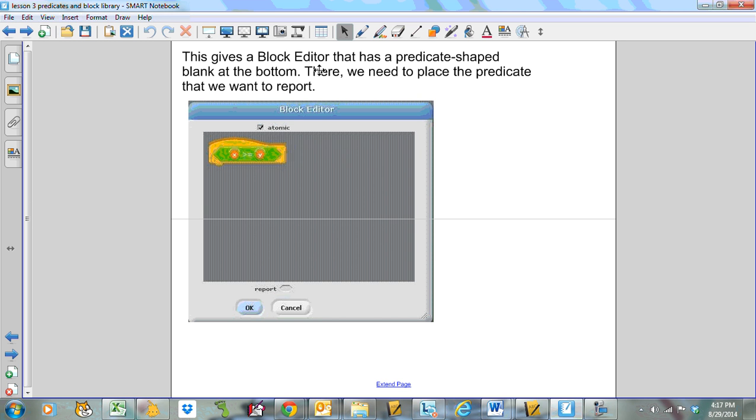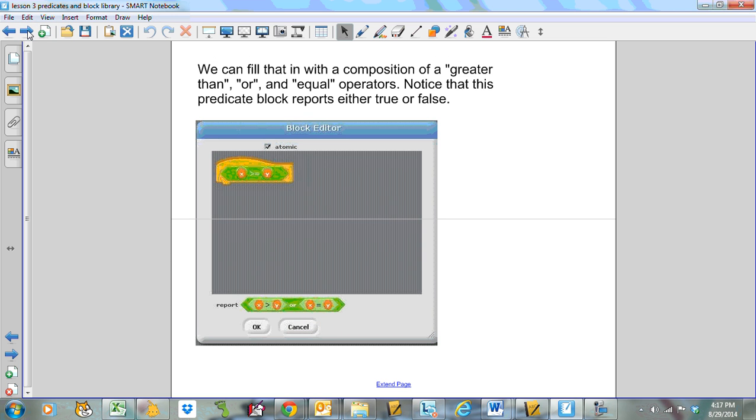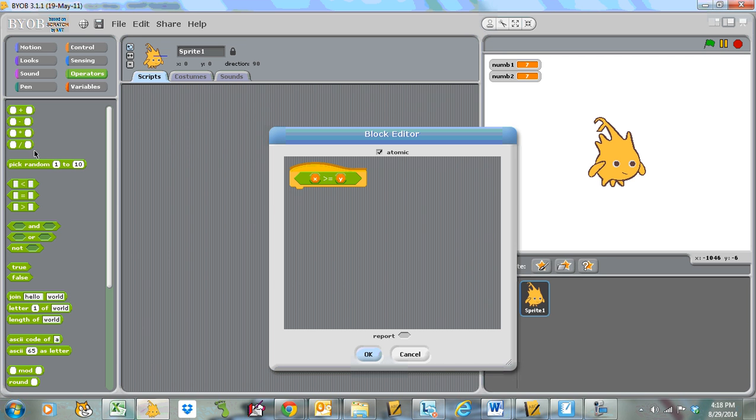This gives us a block editor that has a predicate-shaped blank at the bottom, like so. There we need to place the predicate that we actually want to report. So we're going to go ahead and do that. We can fill that in with the composition of a greater than or equal to operators. Notice that this predicate block reports either true or false. There really isn't a whole lot to do inside the block editor here. We can do all of our logic right inside this block here. So let's go ahead and do that. We're going to report,